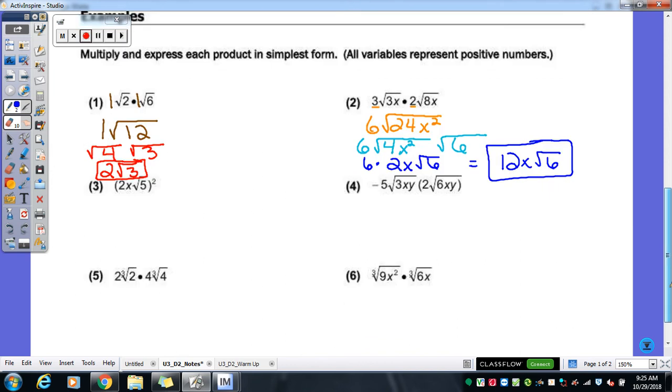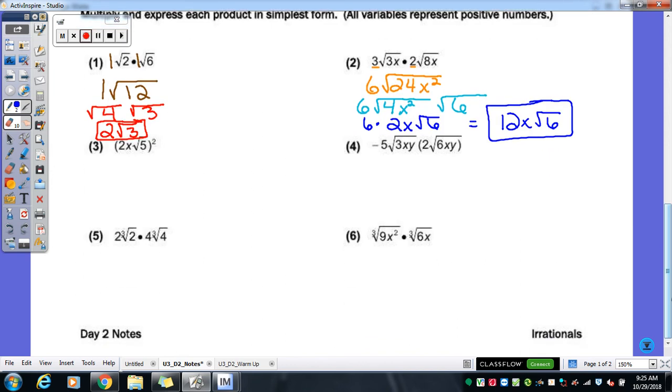So if we took a look at number 3, we got 2x radical 5 squared. So that means that that thing is there twice. So let's write it out twice. 2x radical 5 times itself, 2x radical 5. And now we're going to follow the same steps. We'll multiply the coefficients. So 2x times 2x